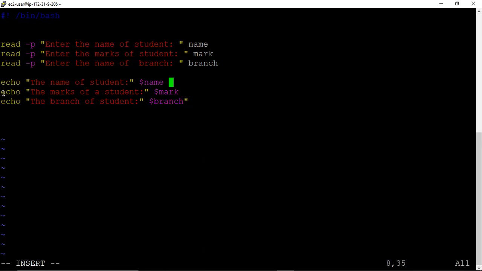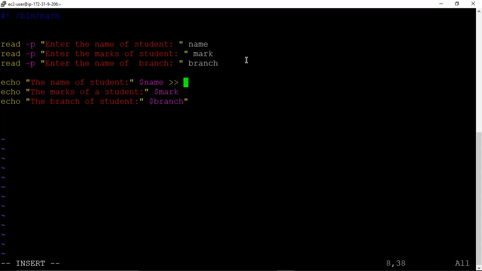So for that we are going to write redirection arrow twice, so that it will add new data every time without erasing data.